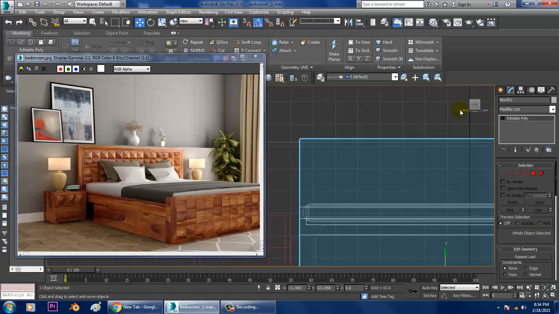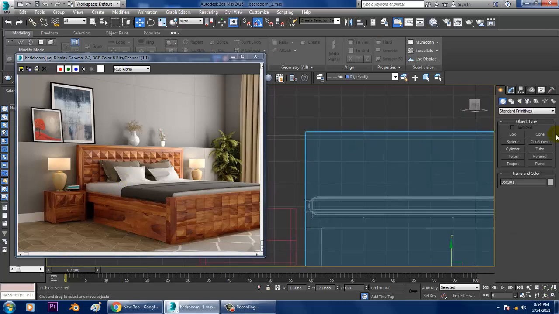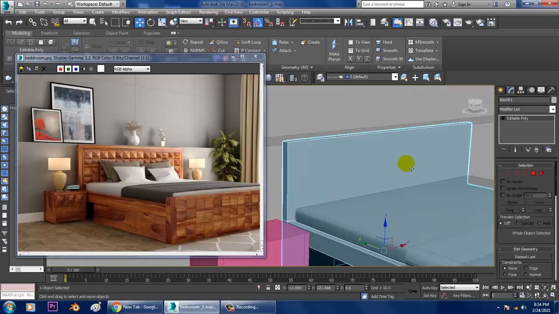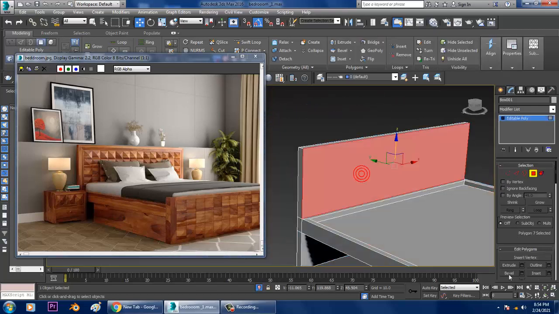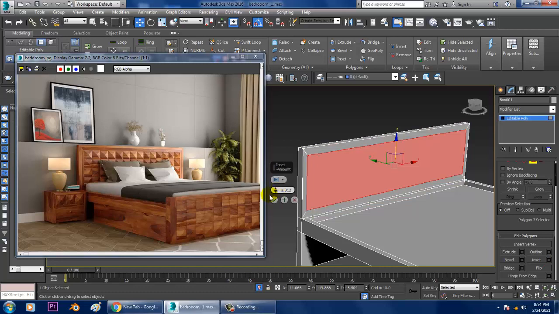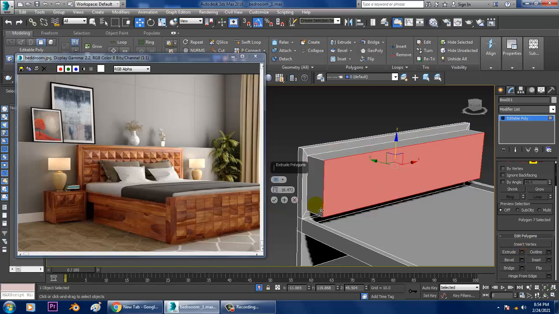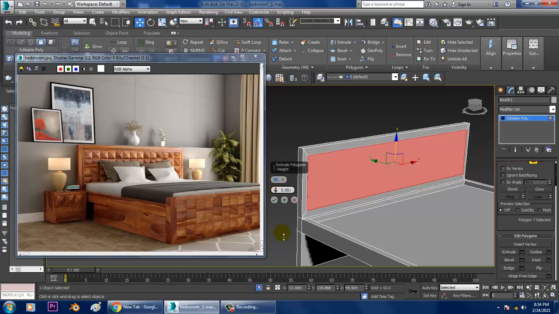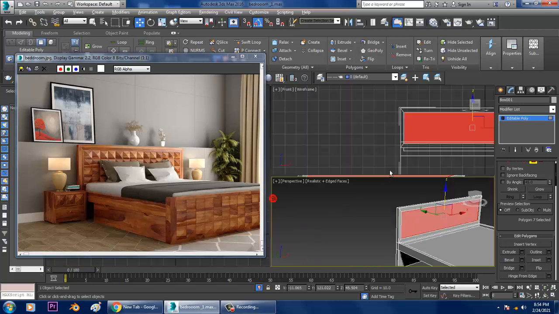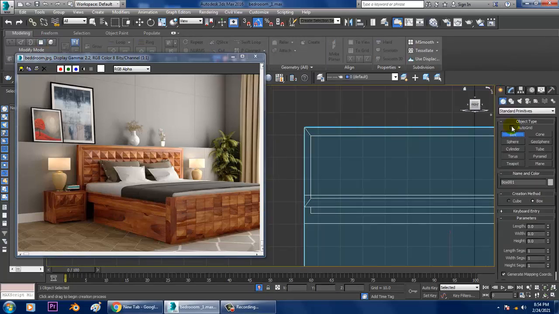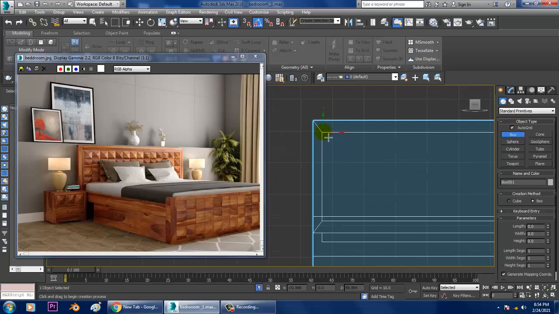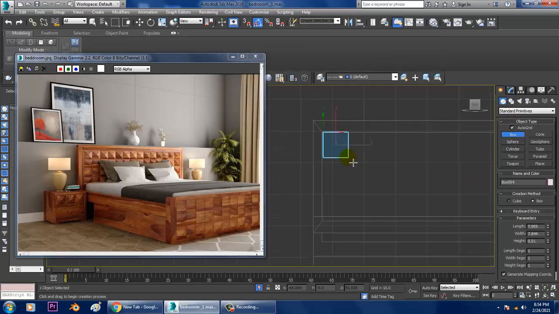And also if you want, what I can do over here is I'll just isolate this, select this, inset a bit and slightly extrude it a bit inside and click OK. So again I'll take a box, auto grid that, and I'll just take this.